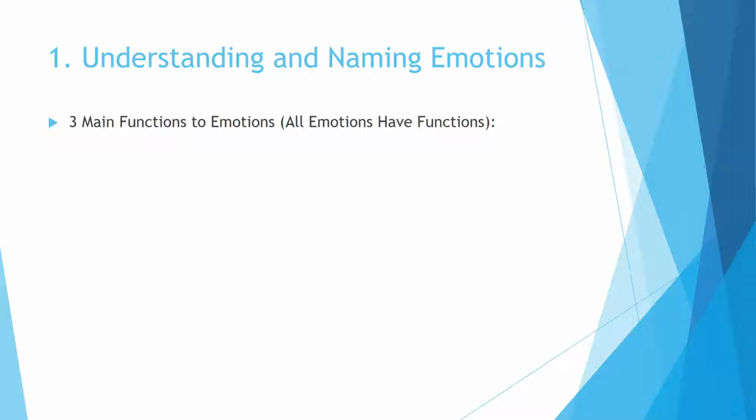I think it's really important, in order to regulate emotions, to get into the mindset of identifying that our emotions exist for reasons. What we say for that is that all emotions have a function, right? And so they're communicating something to us, or they're there for a reason, right? As humans, we experience emotions because they have a function, and we'll talk about the 3 main functions of emotions.